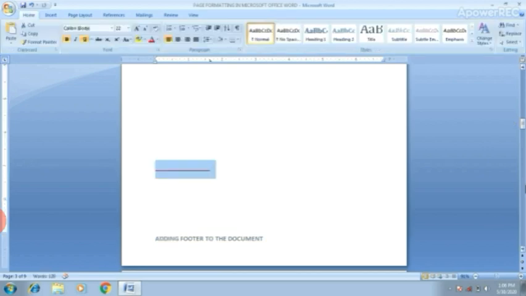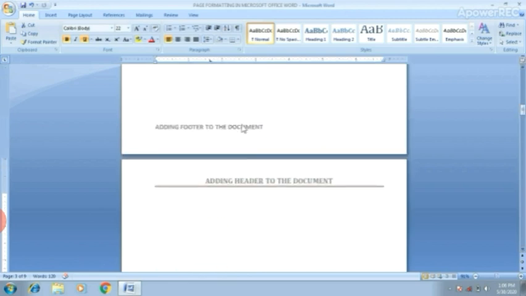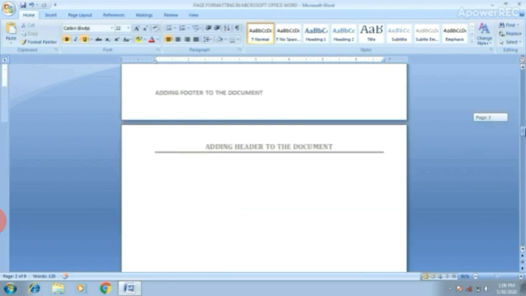Now students, as you can see, the header is appearing at the top of the document and footer is appearing at the bottom of the document. Clear? Whatever pages you insert, in every page it will appear.